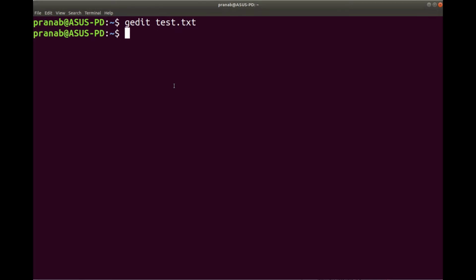Starting with the first command, which is grep -i. The pattern in this case is Unix, and we want to search for it in the file test.txt. Now -i represents case insensitive.